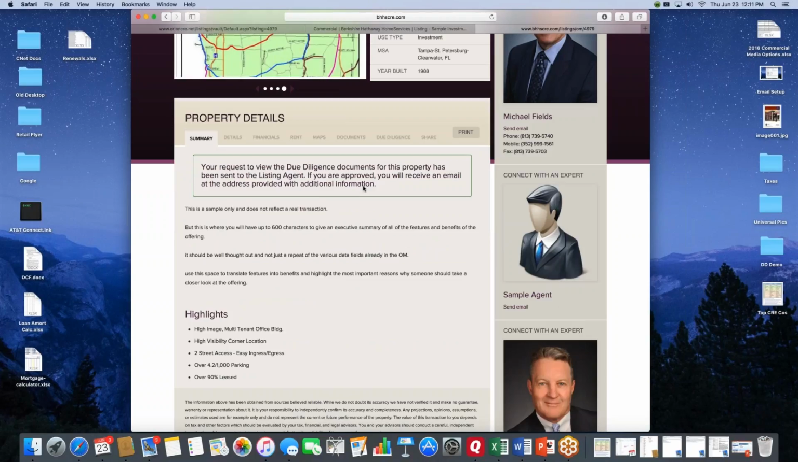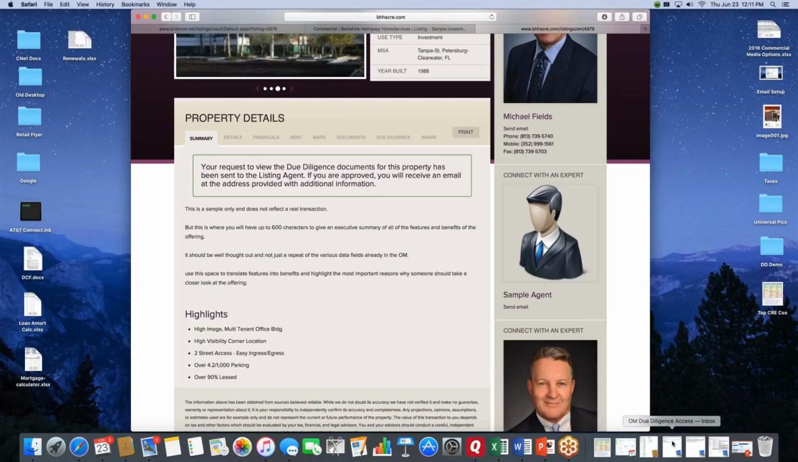So that's, from the public perspective, that's their experience. They go into the property, they access the offering memorandum, they click on the due diligence tab, they agree to another level of security and information, then they get this. What you get is an email